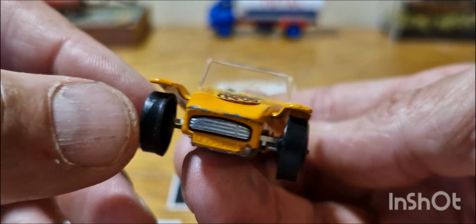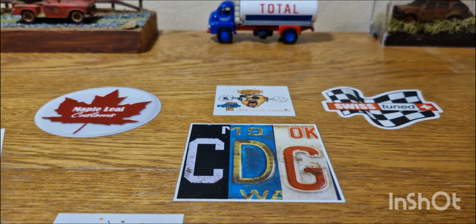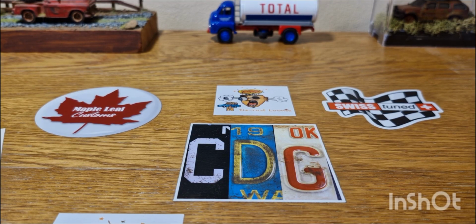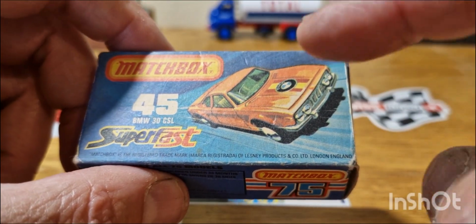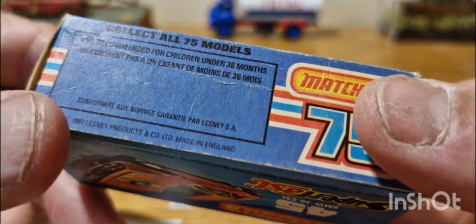A few little digs there, but again, most of the cars that came out of Matchbox back in the day, the quality control was usually very good, but it wasn't unheard of to find the odd little scratch, paint chip, etc. And these cars, like I said, they're over 50 years old now, and they've been in their boxes. This is another particular favourite of mine. Had this same car as a child. Not this exact car, but the same type. So this is, I think it's a BMW...